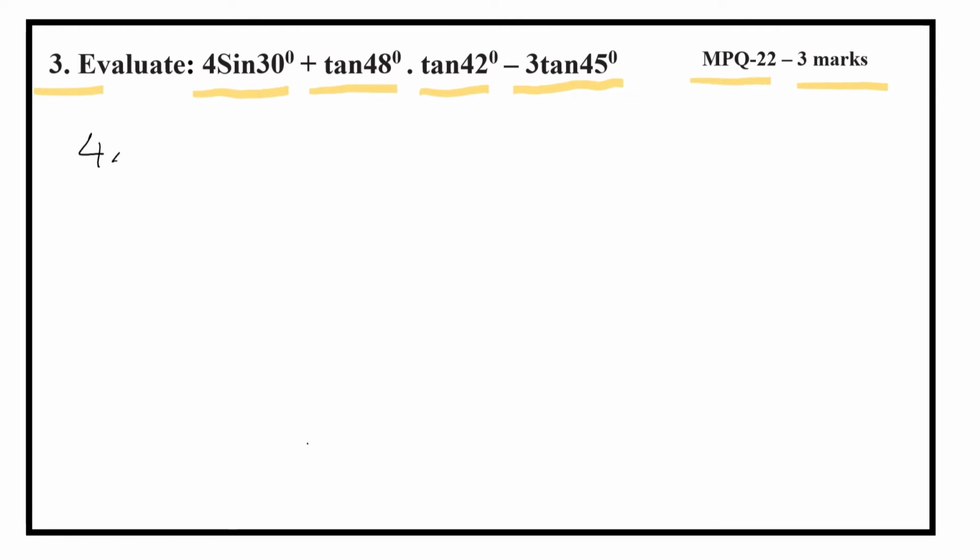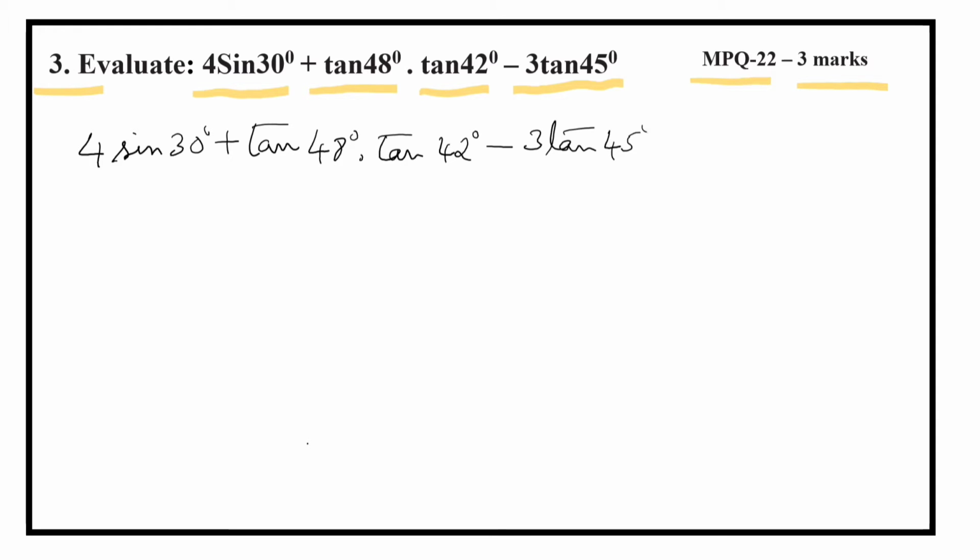4 sin 30 degree plus tan 48 degree into tan 42 degree minus 3 tan 45 degree. That is equal to 4 into sin 30 degree, which is half, plus